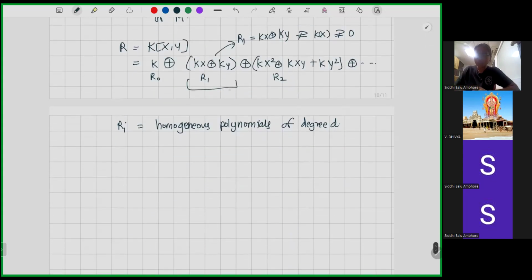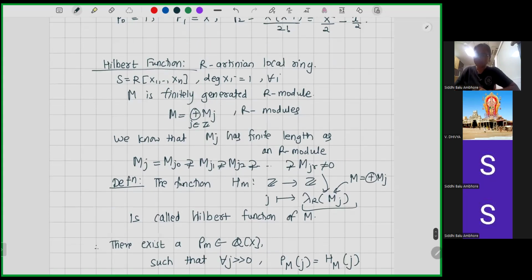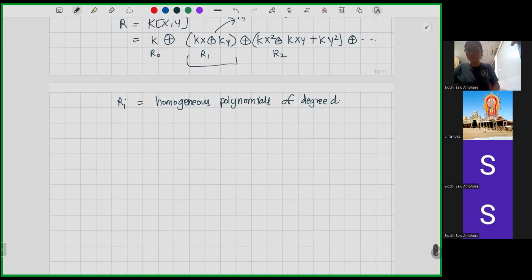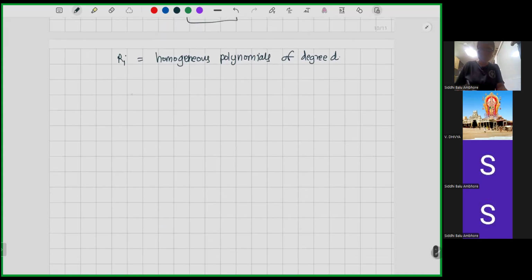So how to find this length? We need to have length two, so my Hilbert polynomial is such that Pmj is equal to Hmj for some maximum M possible. So can you find this, the length of